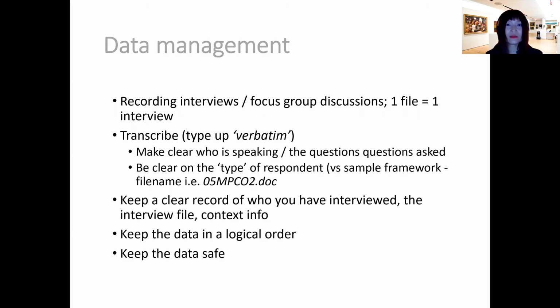Okay, about data management. Very similar suggestions here is that during your interviews, you can try your best to record the interviews. Of course, get informed consent before you record them. You should get permission from your interviewees before you record any interviews. But once it's possible, try to record them, because it is very hard for you to conduct your data collection as well as taking notes.